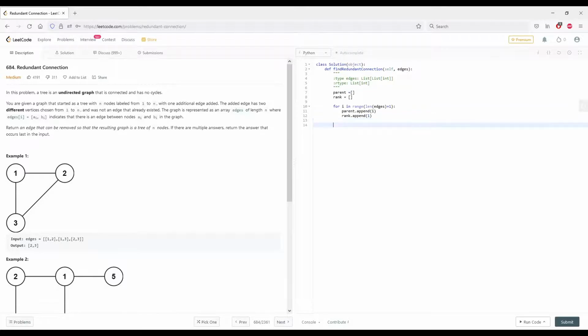So now that we have that, what we're going to do is define our union function. Or before I define union, I'm going to define find for n here. What we're basically going to do here is find the parent of the node. We basically want to find the root parent. So even if a 4 was connected to 3 up here, we want to find the very first parent. Okay, so parent is equal to parent of node, and while